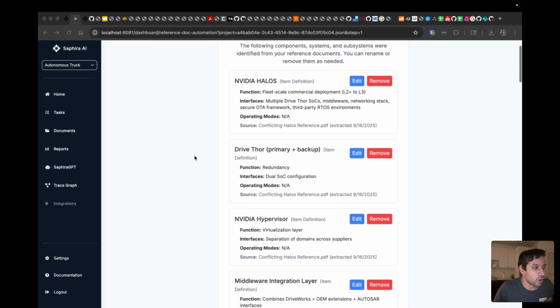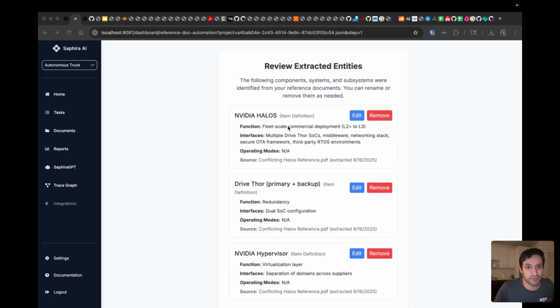And to show you the last bit of this, you can see all of the different items with full item definitions, including function, interfaces,